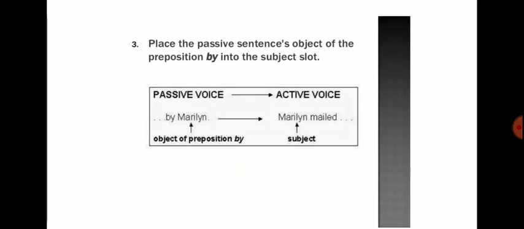Okay, so let me revise the steps. First step, identify the subject of the sentence, who is doing an action. The training is not doing an action, so it can't be the subject. The only person or thing doing an action here is the maintenance staff. They are attending training. Let me give you an example for this.